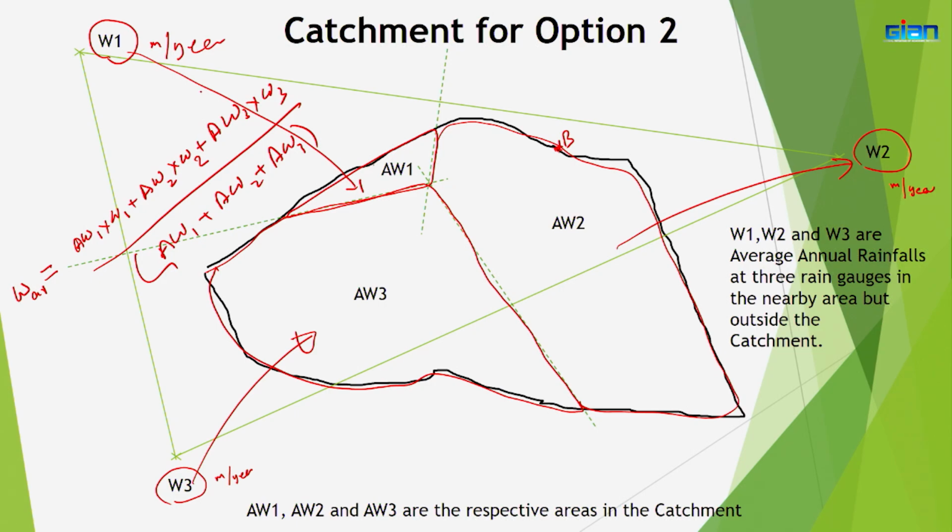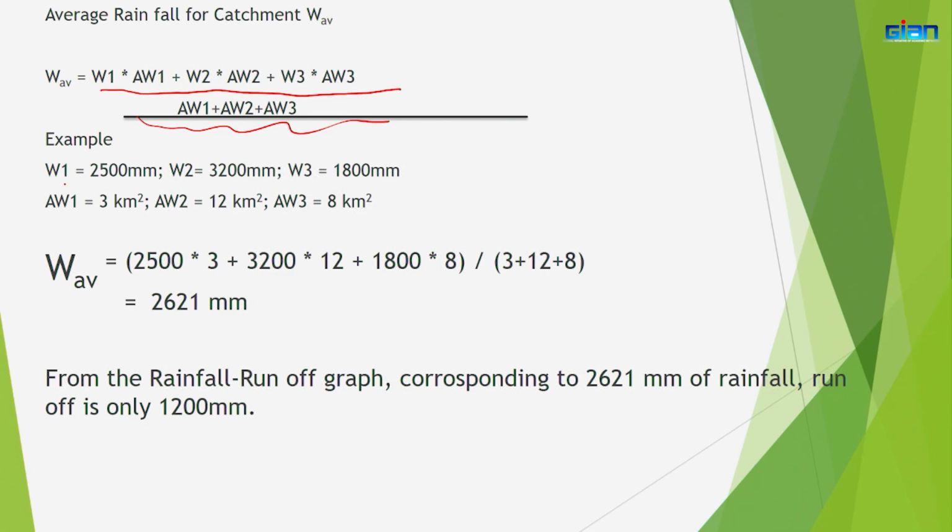So, I have put here some typical numbers. W1 is 2500 millimeters. So, I have put them in millimeters, W2 3200 millimeters, W3 1800 millimeters. Area AW1 3 square kilometers, AW2 12 square kilometers, AW3 8 square kilometers. So, now you can get the average